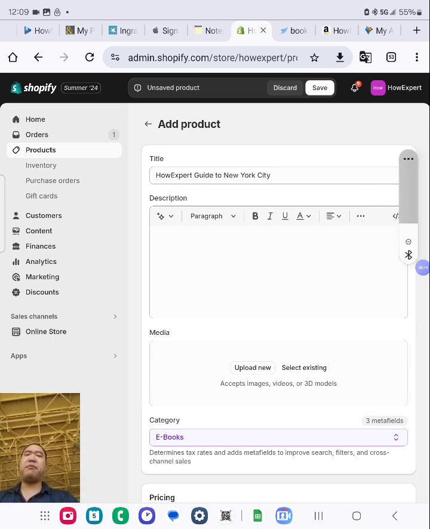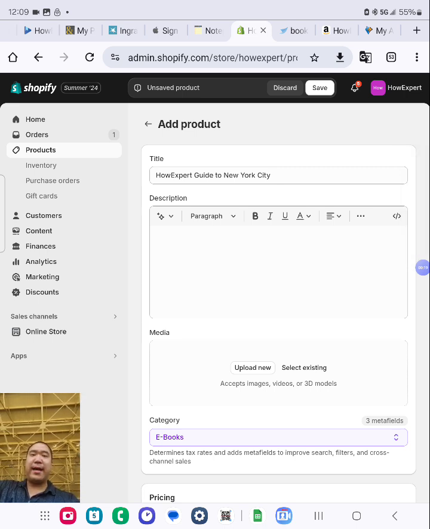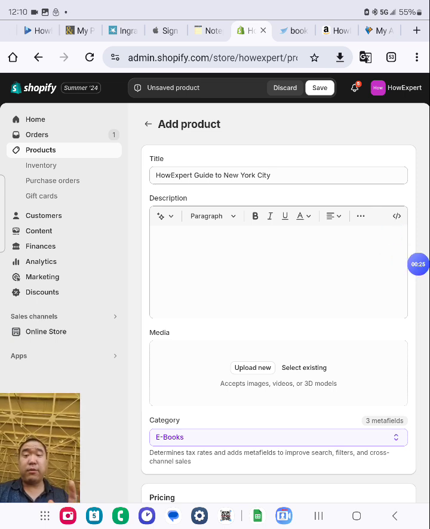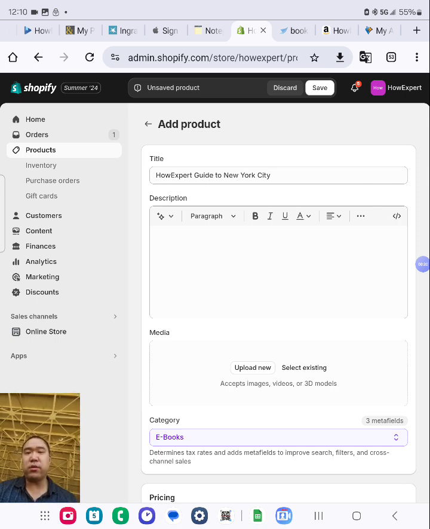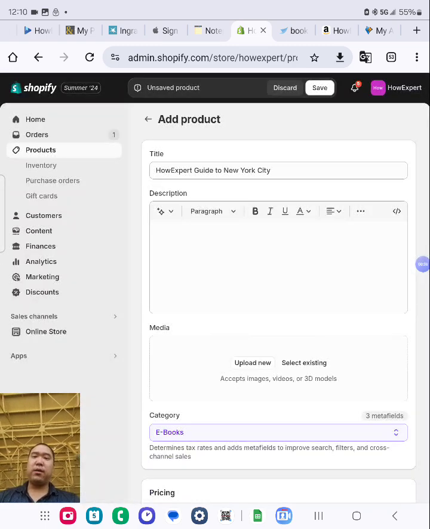So to do Shopify selling, you have to do it in conjunction with an app. There's two different apps. One's called Book Vault, the one I'm using, which I highly recommend. But there's also another app that's well known called Lulu. Okay, I'm going to use Shopify and Book Vault. So let's get started. First thing I'm going to do, click on products to add a product, put in the